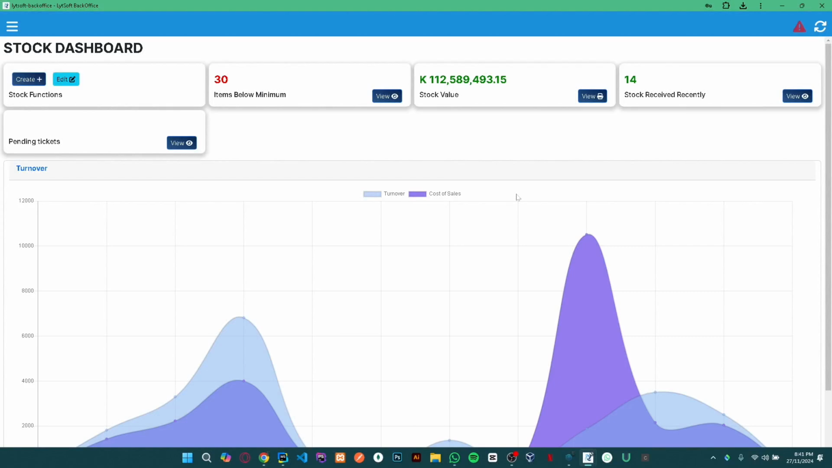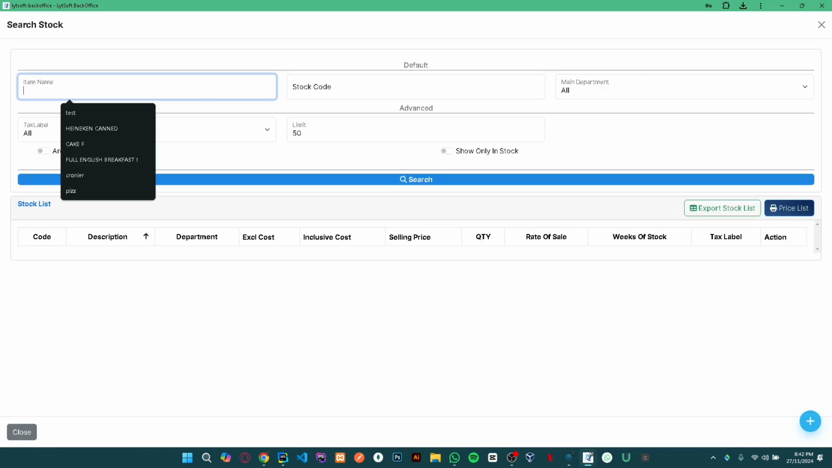This is how you can do production on Lytsoft Pos. So the first thing that you want to do is make sure that the item you want to be producing has a recipe. The system will not allow you to do production if you do not have recipes in place. So for example, we can go here where it says edit stock item,